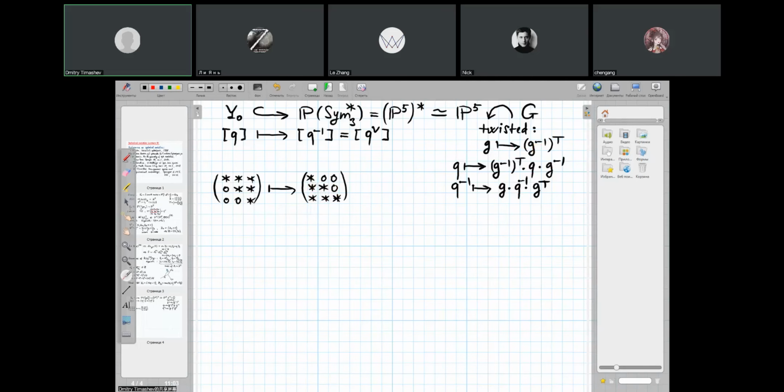And this opposite Borel subgroup preserves the dual space, which I can identify with the initial space, because both of these spaces are represented by symmetric 3x3 matrices. But if I take a matrix in here, then under this lower triangular Borel subgroup,